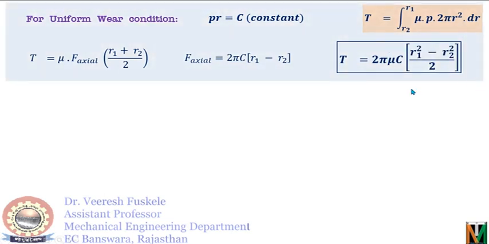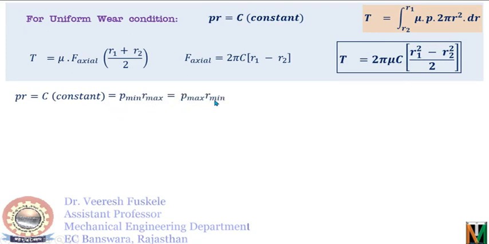So we can easily apply this equation knowing all the values to get T, but we don't know the value of C. So how do we find the value of C? We will use this relation, P into R is equal to constant. Having P into R equal to constant, we can write, as per the discussion, P minimum into R maximum will be equal to P maximum into R minimum.